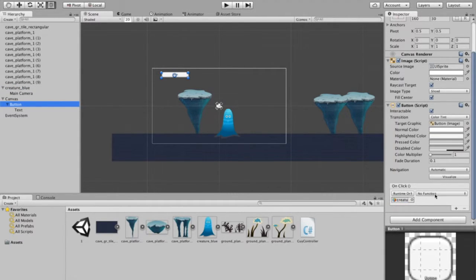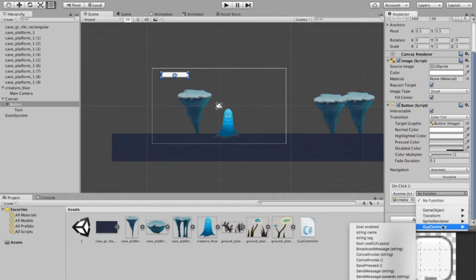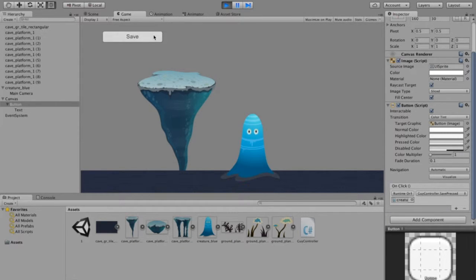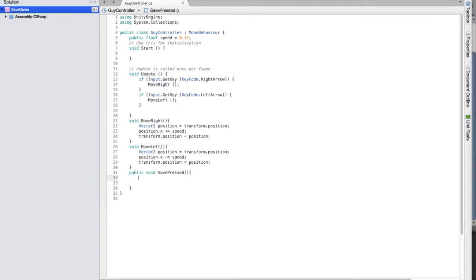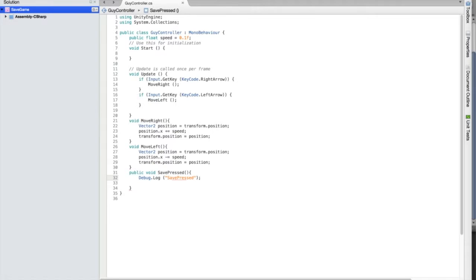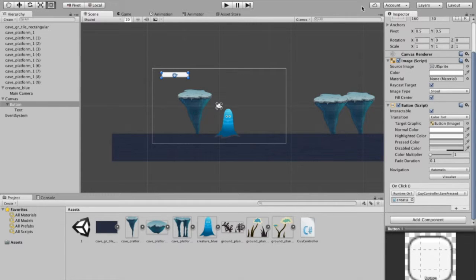And then now inside of our functions, we should see our guy controller class, and then we want to say save pressed. And so here it is in our list. So anytime, now that this is all linked up, anytime we hit the save button, we're going to call into that function, which right now isn't going to do anything. But we can put like a little debug statement in here, like this. And then when we run,